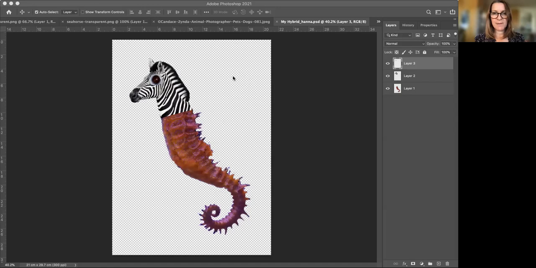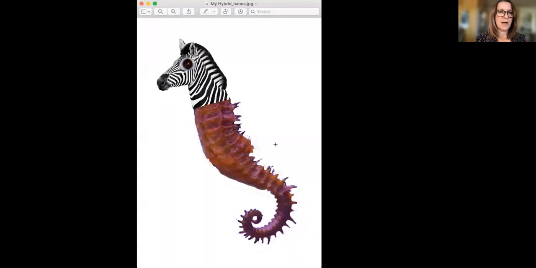Okay, so I'm going to open up and show you my hybrid animal that I just made. Just open that and I'll share that with you. Here we go. There's my hybrid. You can see that I've got a white background now because it's a JPEG, but that's okay. I'm going to keep it as that. And then later on, I'm going to show you how to put a background on the Photoshop version. Great, but this can go into your visual arts diary, your Google Slides one for now,